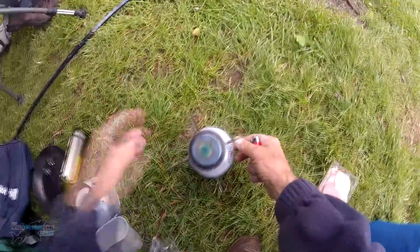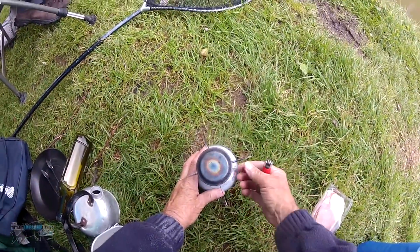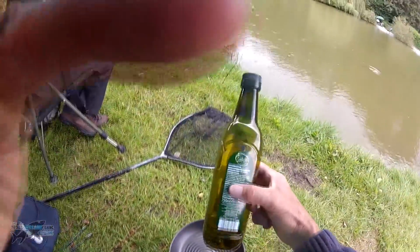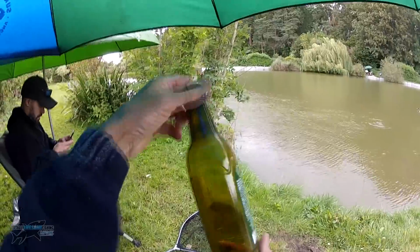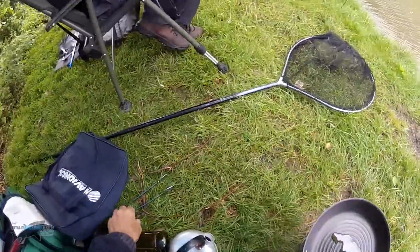But we're not just going to have a sandwich. We're going to use Mike's bushcraft camper, and we're going to have bacon sandwiches. Even brought some cooking oil. Keep the bottle. If you get an old bottle like that, normally you'd throw it away, keep it. Then when you want to go, you can just take a little bit, enough just to cook. Hopefully,